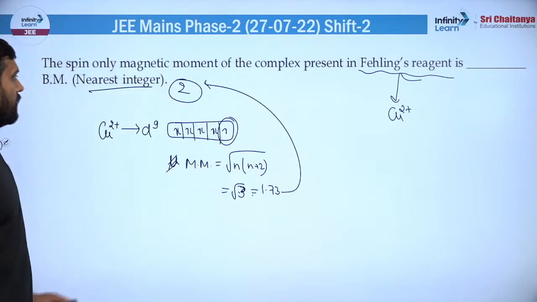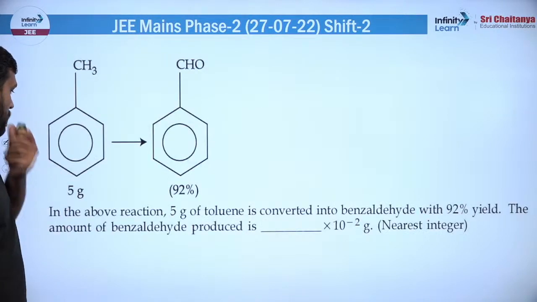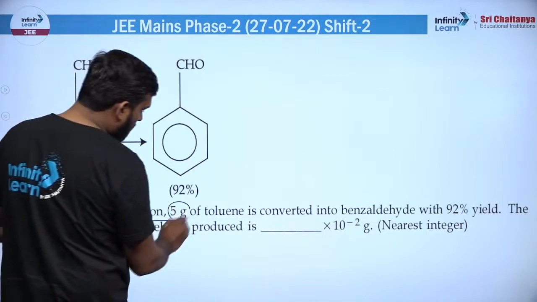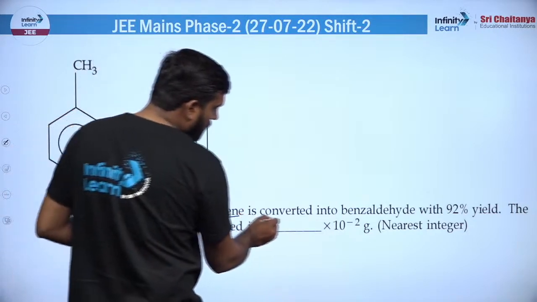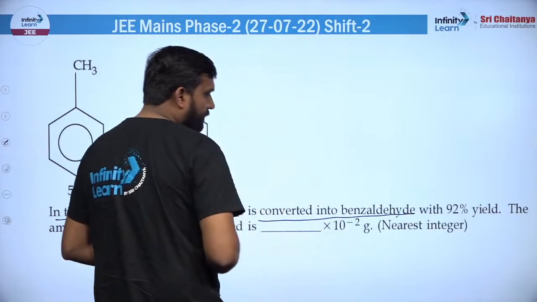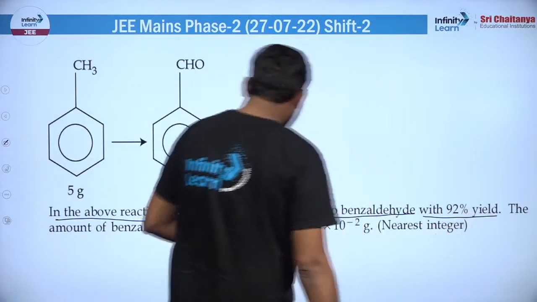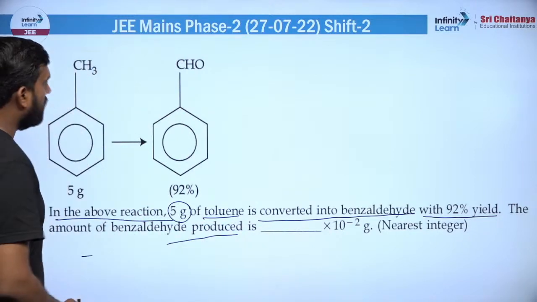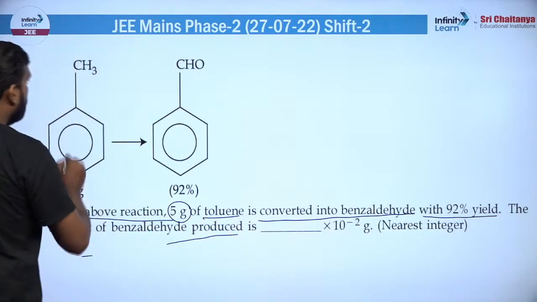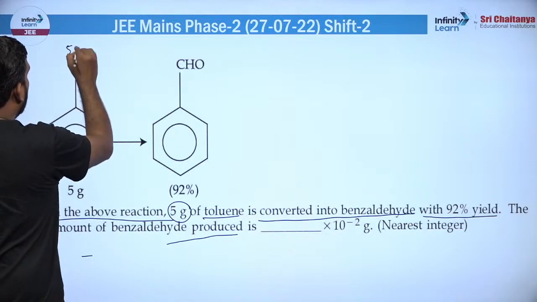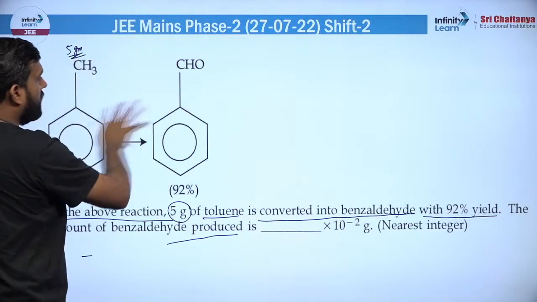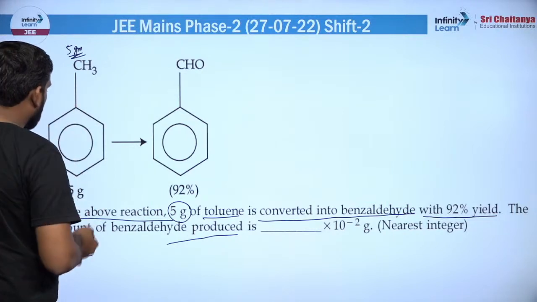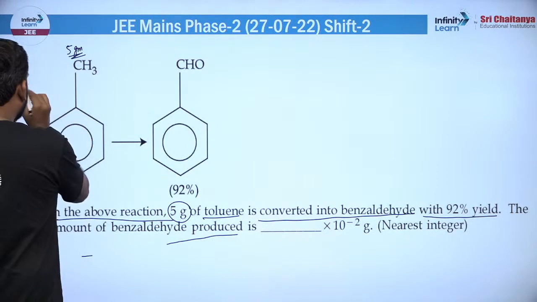गोइंग टू द नेक्स्ट, यहाँ एक क्वेश्चन है और सवाल ये है कि इन द अबोव रिएक्शन 5 ग्राम ऑफ टॉलिन इज कन्वर्टेड इनटू बेंजल्डिहाइड with 92% yield, the amount of benzaldehyde produced कितना प्रोड्यूस हुआ है वो आपको बताना है। अगर ये 5 ग्राम है, और मान लो 100% कन्वर्जन होता तो टॉलिन का मोलिकुलर मास कितना है, वो हमें निकालना पड़ेगा। चलो निकाल लेते हैं। तो द फॉर्मूला इज